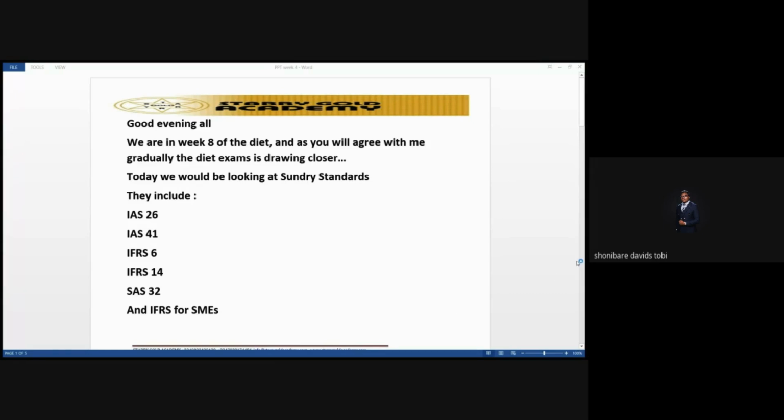Okay, so IS 26 also spoke about the key requirements, and under those key requirements, it spoke about the inclusion in financial statements for the plans. It spoke about the evaluation. Then it also spoke about the disclosures, that is detailed information about the plans, including the actuarial present value of promised benefits, which they said should be disclosed. So I will not dwell much on that. I believe we know it. So I would move to